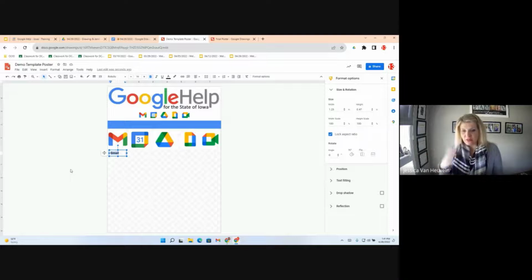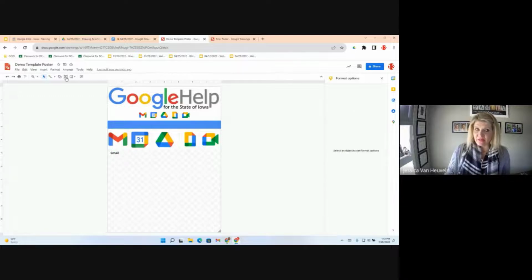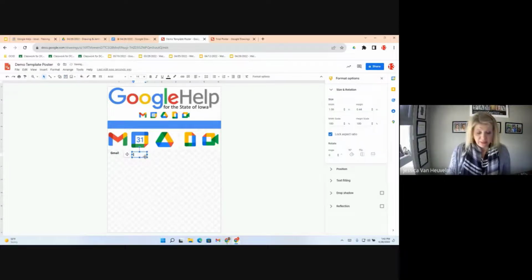This is just showing that you can customize the font, you can adjust the size, and you can make it bold, italicized, underline, fill in the blanks, highlight it. You can do all those things that we're so used to doing in even Word or Google Docs, basic editing that we're used to. Now, what I want to show you is, let's go ahead and insert another text box. I'm going to show you some tips here. This is not the way I would normally do it, but I want to show you some tips. I'm going to insert another text box, and this time I'm going to type in calendar,